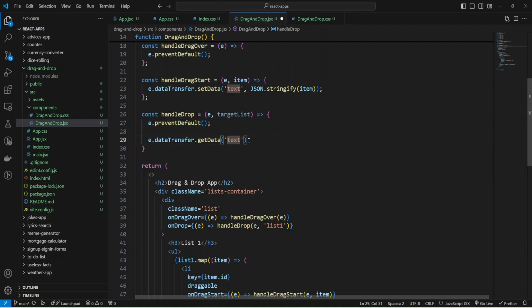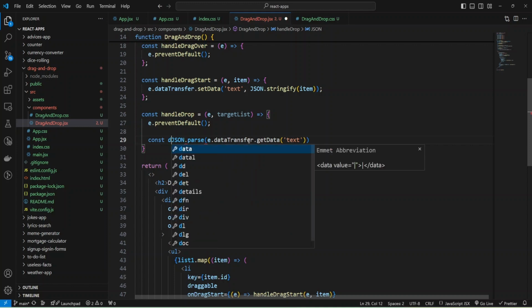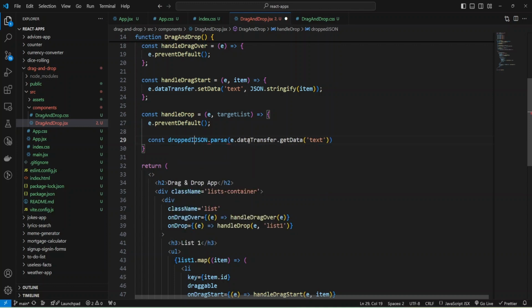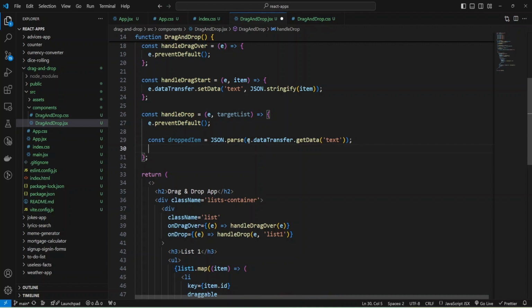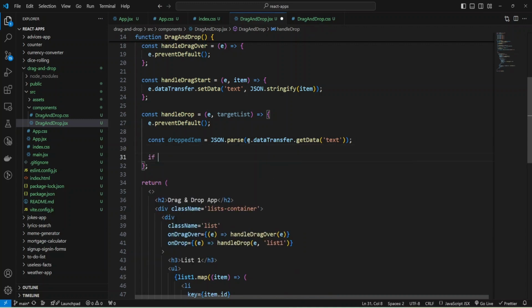Okay, and it should return the string, and I'm going to make the object from the string, and I'm going to use JSON parse function, and now I can assign this object to some variable, and I'm going to use name dropped item and assign.